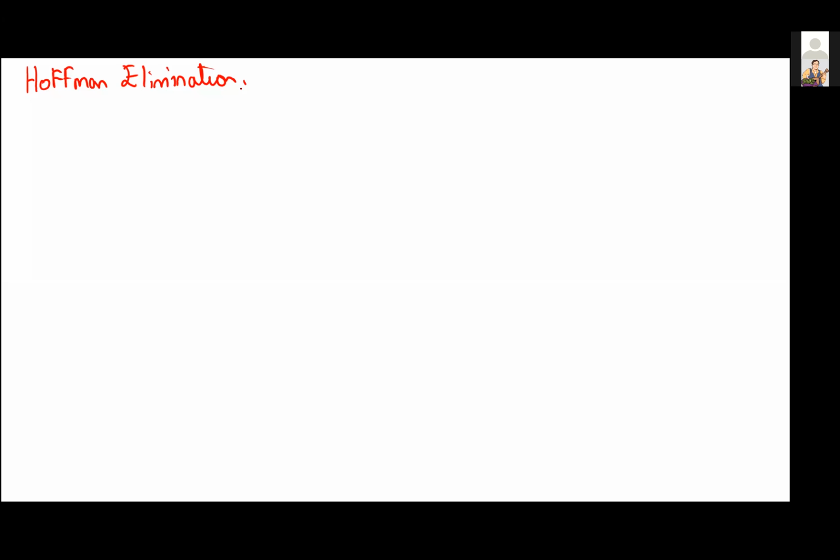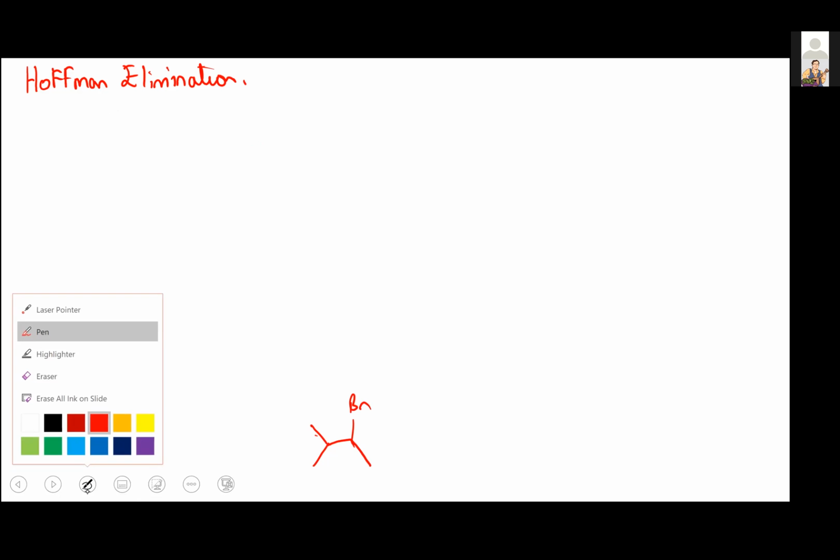So if we think about this, let's consider this molecule here. I'm going to draw a little bit lower down the page because I'm going to draw a reaction coordinate diagram above it, so I'll talk about that too. So we have this. If you're in an eliminating kind of mood,